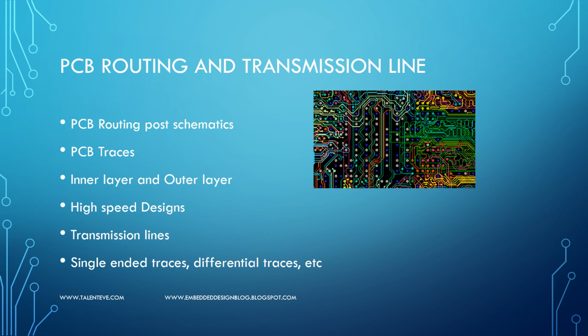These traces, as we know, could be single-ended traces, which could be a high frequency one, or differential traces, which is the norm for routing signals, for example the LVDS kind of signal. So there are single-ended traces, differential traces, power traces. There are different traces associated with it. But the high frequency traces, we call them the transmission lines.